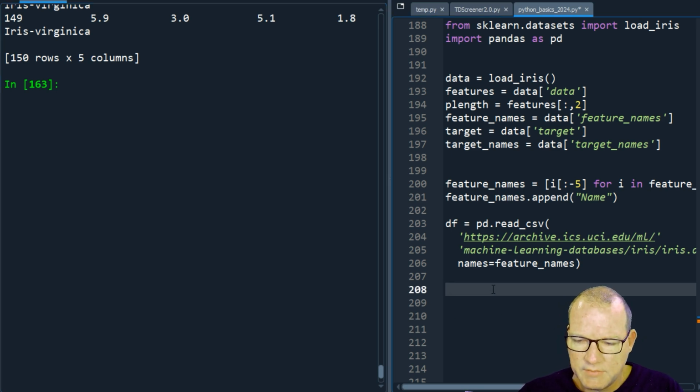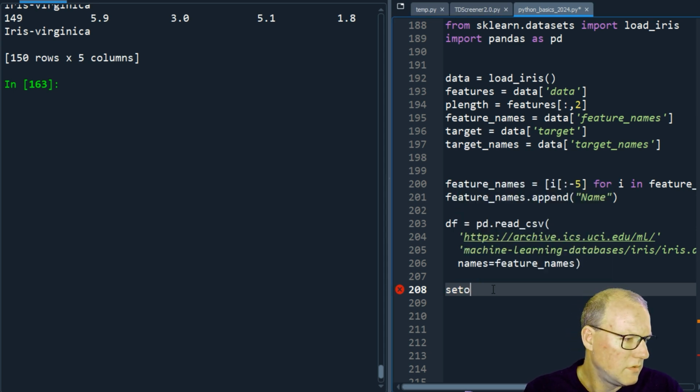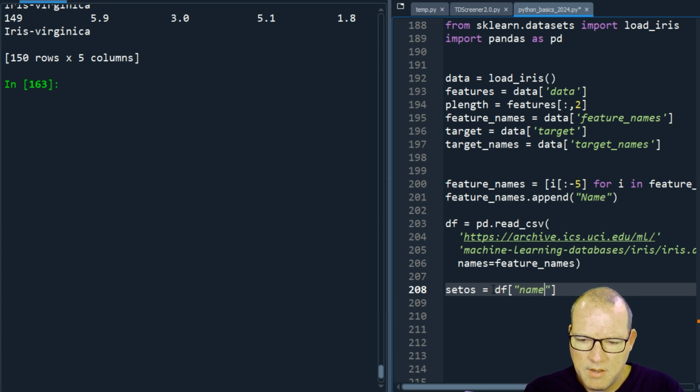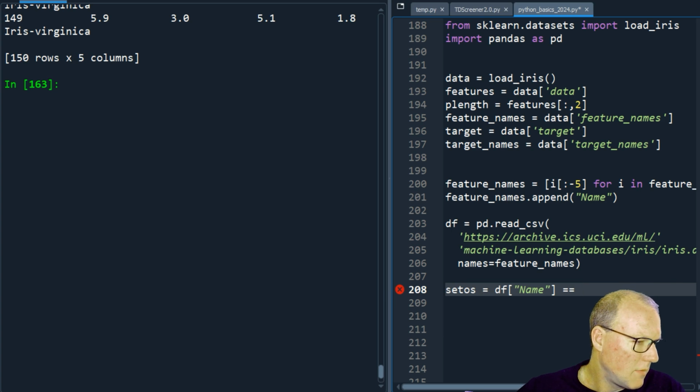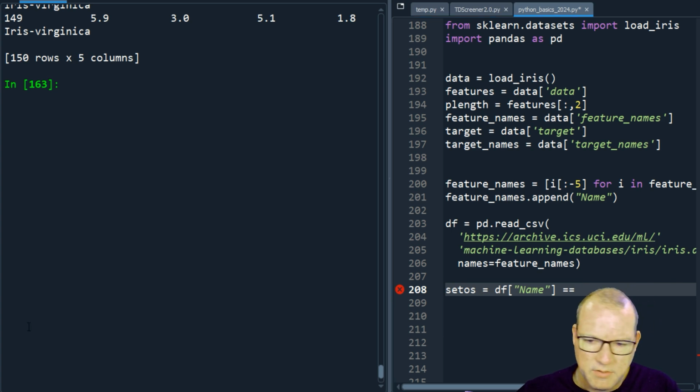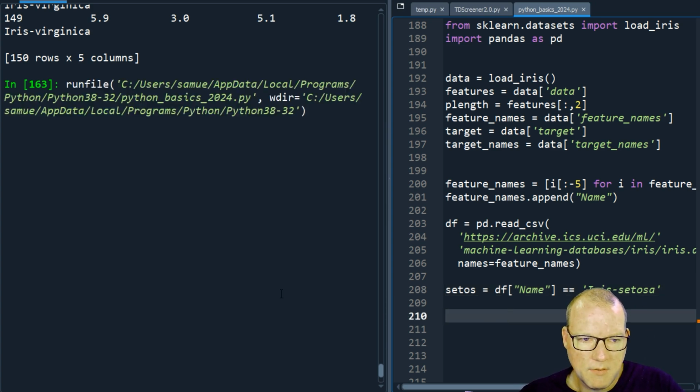Like I was saying in the last video, you're going to spend a lot of time on this. Setosa, I think I'm spelling that right. Then we have our data frame and name. Helps if you name it, block that out, equals, and I want to grab this, make sure I do this right. So what am I doing here? I am creating a